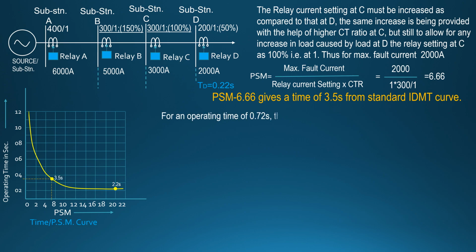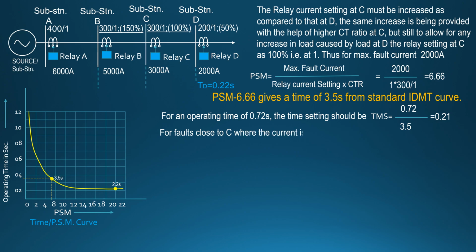For an operating time of 0.72 second, the time setting TMS is equal to 0.72 divided by 3.5, is equal to 0.21. For faults closer to C, where current is 3000 ampere with 100%, that is 1 ampere current setting,